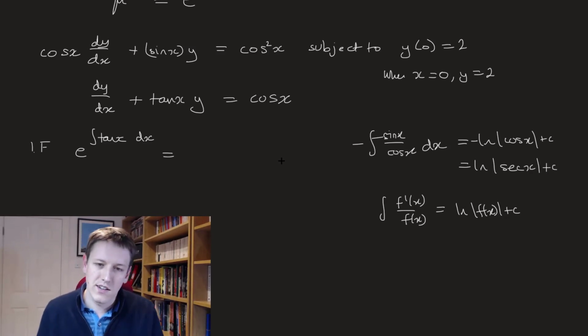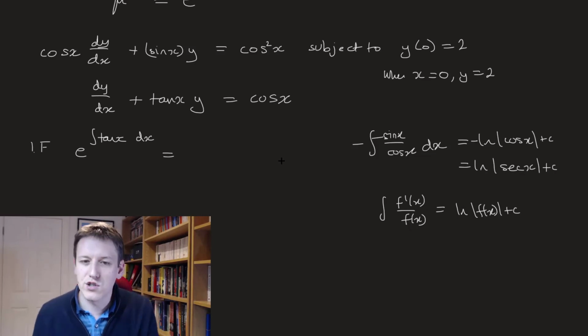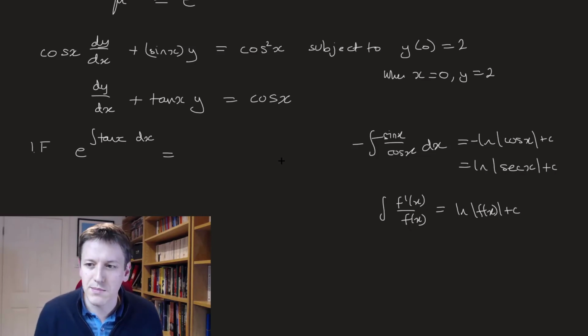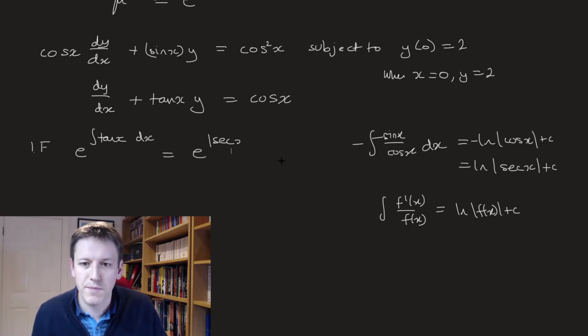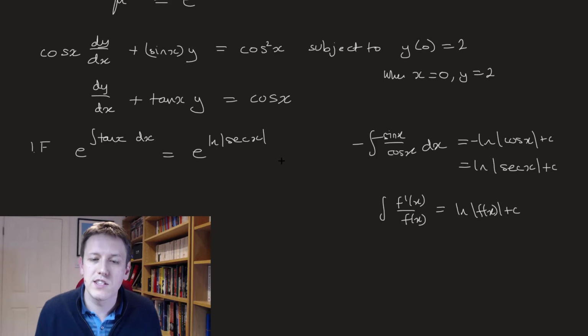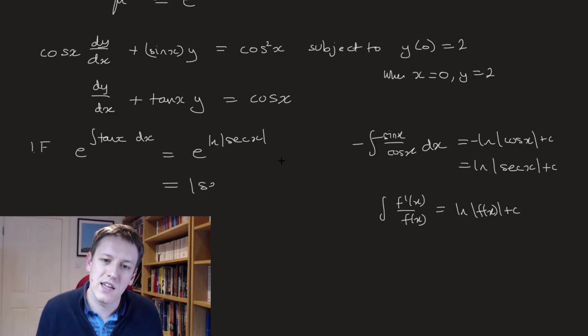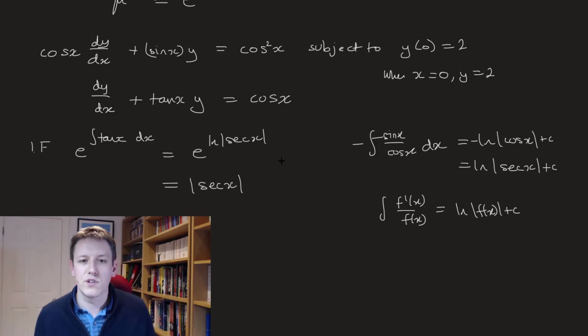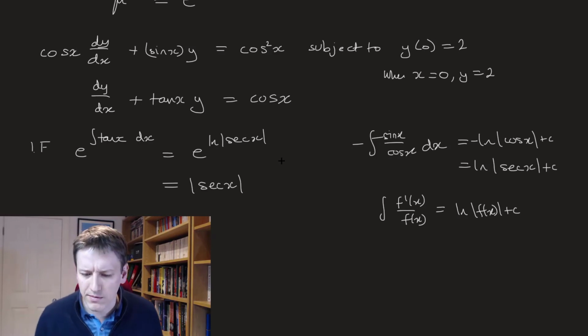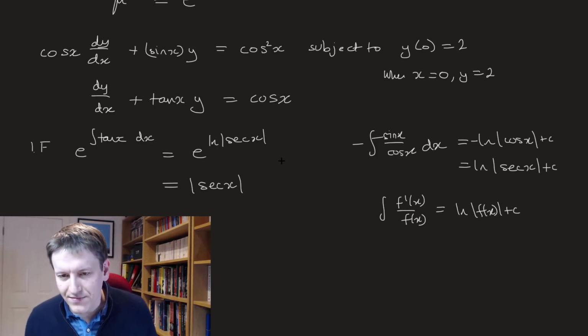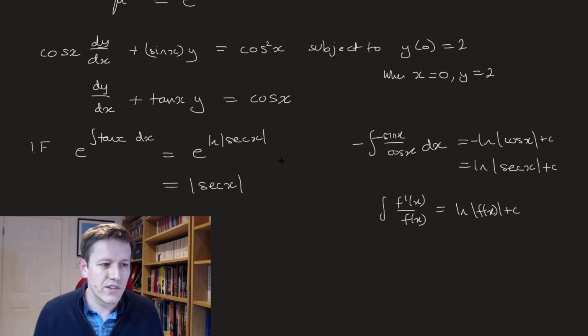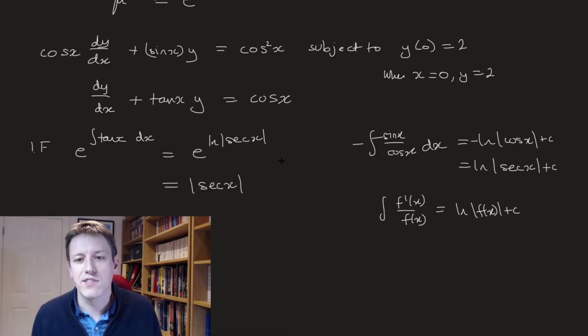Okay, and again, for the same reason as before, we're just going to choose c to be equal to 0 in this example, right? So I'm going to get e to the log of mod sec x, sorry, e to the, okay? So actually my integrating factor here then, I'm going to say is mod of sec x. Right? Now, okay, so why can I just get rid of the modulus sign here and say the integrating factor is sec